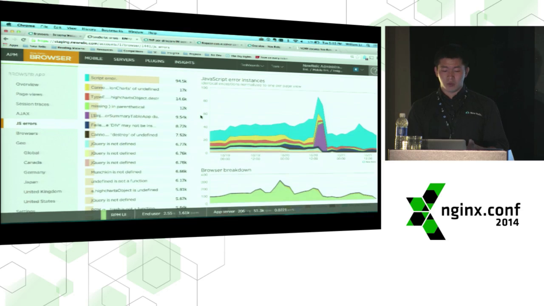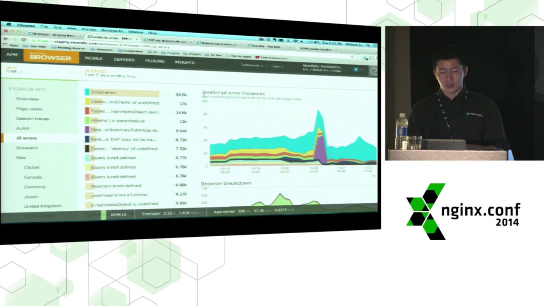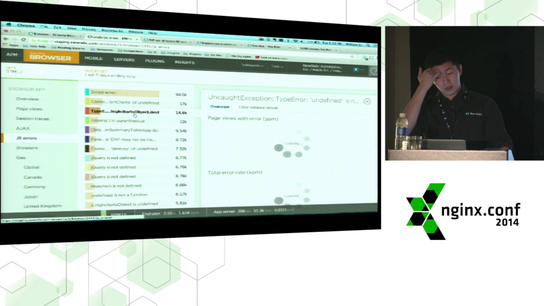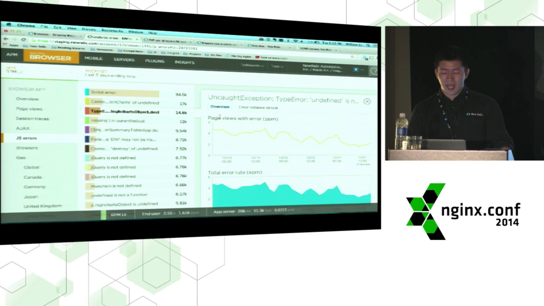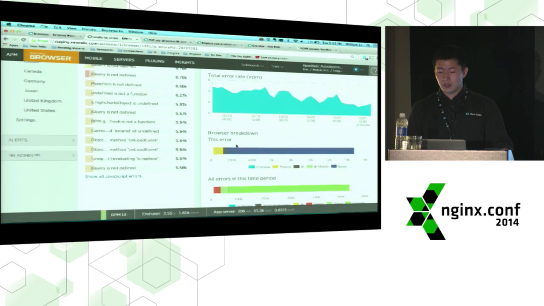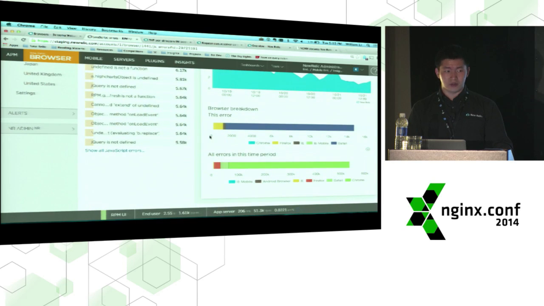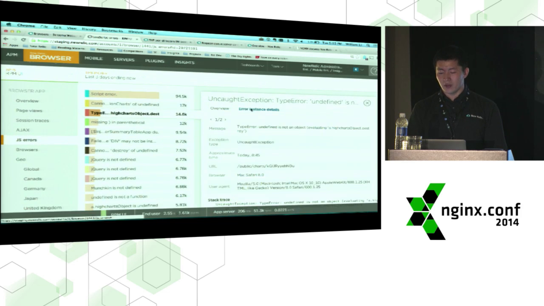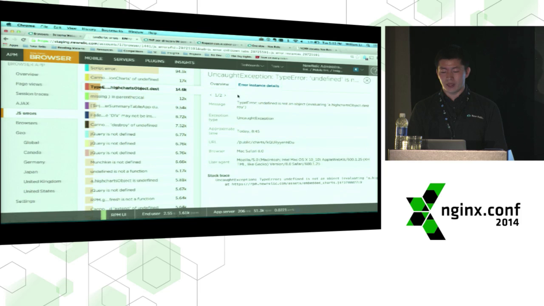So in here, what we have is the capability of actually tracking how many errors are occurring and showing you what's causing those errors. So here on the left-hand side, we have a list of all the different errors that are occurring, and we can click into any of these, and what it's going to show you is how many page views have that error, the total error rate, a browser breakdown of what browsers cause this error versus all errors in general, and the best part is the error instance details, which is going to give you an actual